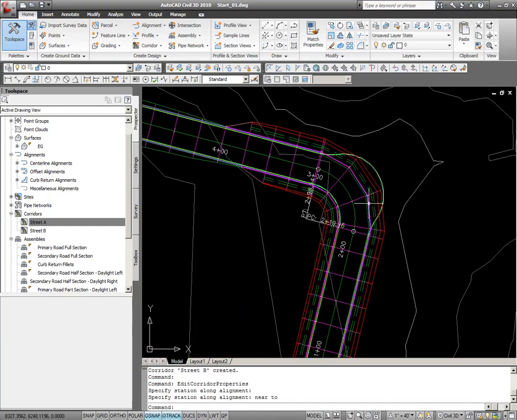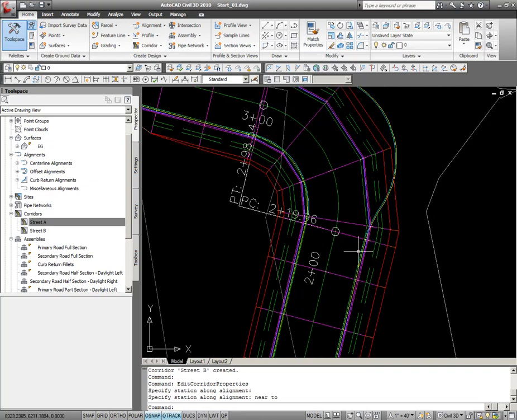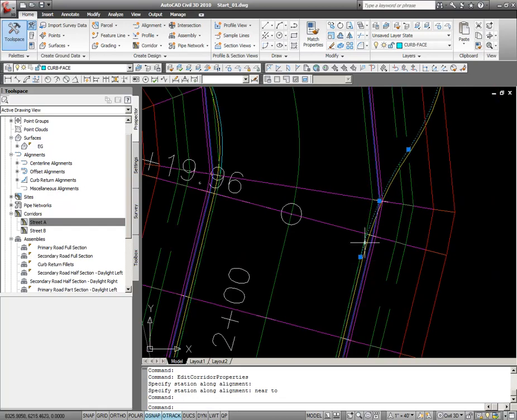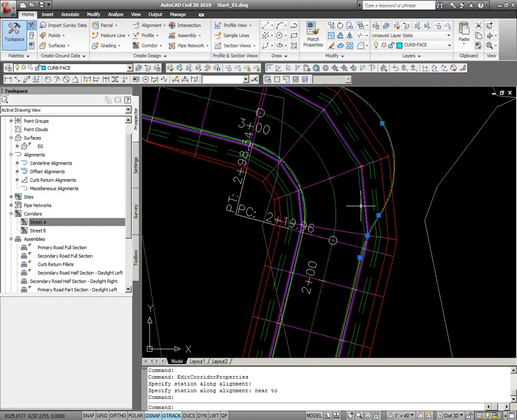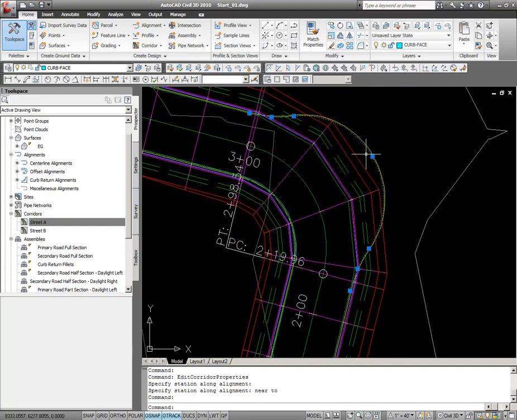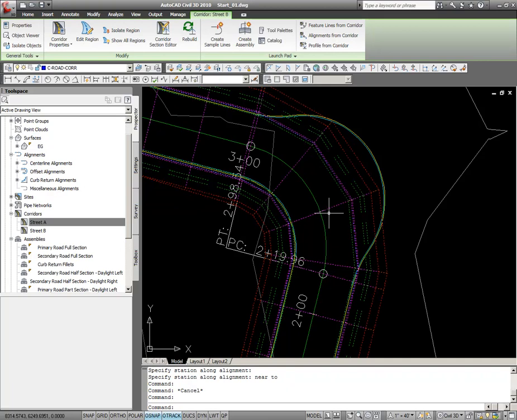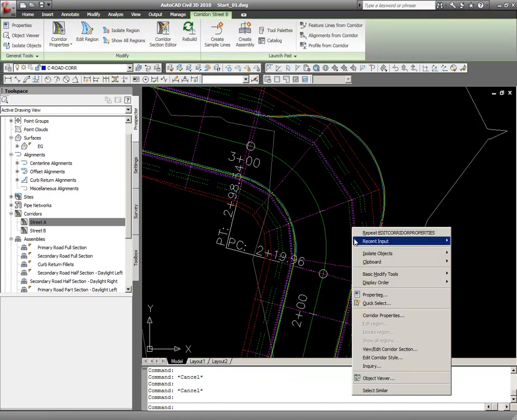So now I need to address the knuckle area. Starting at this station right here, where the knuckle starts, I need to use a different assembly, one that has an additional lane to extend out to account for this extra pavement. So I'm going to need to split this existing Street B region right here and right there where the knuckle starts and ends. So I'll do that now